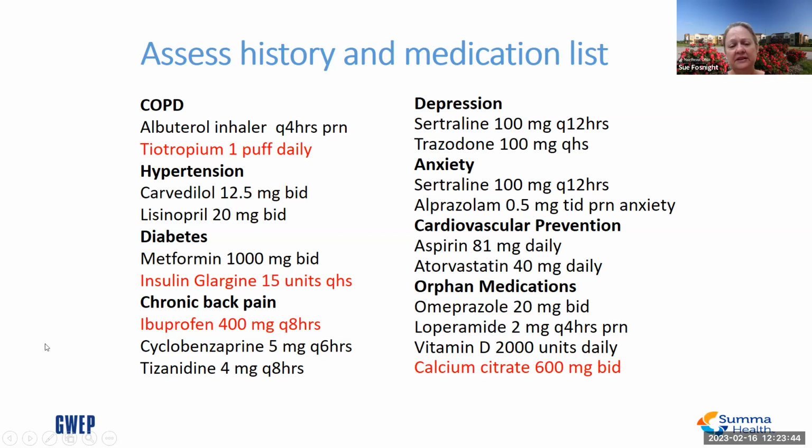So she was supposed to be on tiotropium. She took insulin, ibuprofen, and calcium citrate. So that kind of fits into those things that people often leave off. They often leave off things that are not just something that you would put into a pill box. So the inhalers, refrigerated items, OTC products.